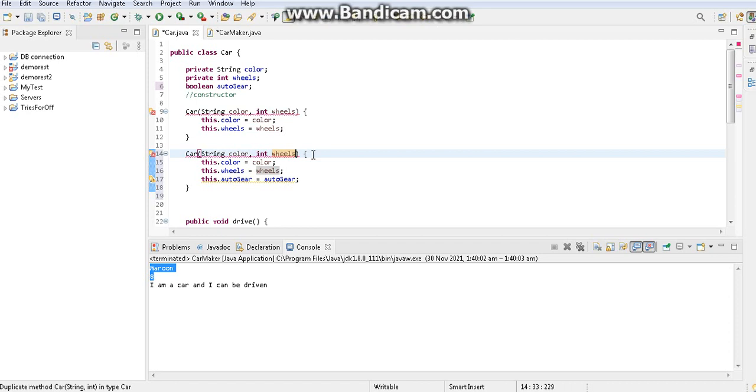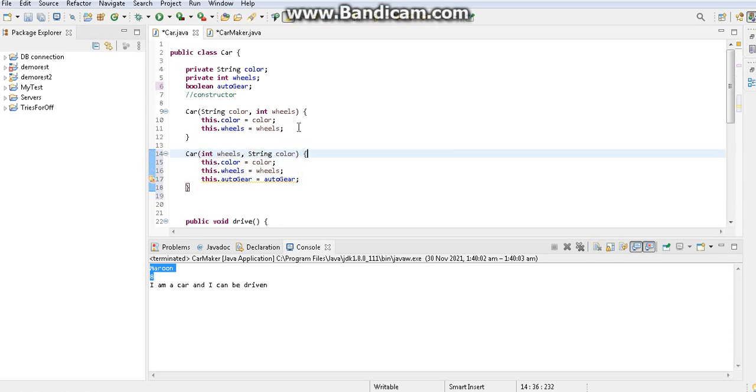Let's see if there's another way to do this. Now we have seen two ways. One is increasing the number of method parameters, or input values, and the other is differentiating using the data type, string and integer or string and string. Is there any other way? So let's try. In the second one, I will copy the integer first and paste it here, and I will keep the string later.